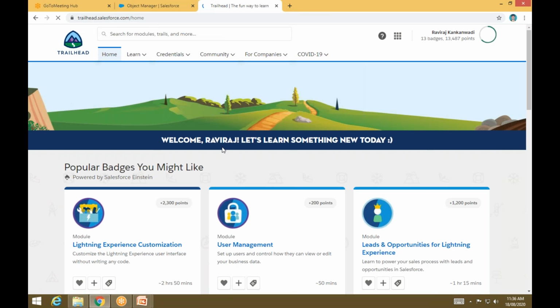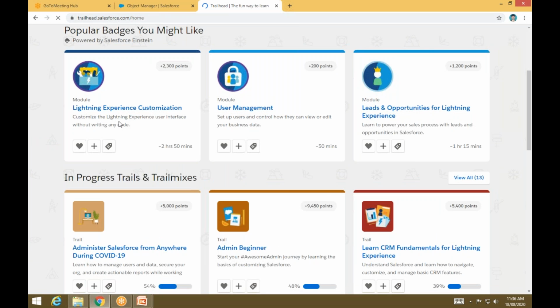Now this is the homepage for Trailhead. These are the badges you can go and earn, you can say these are the tasks you need to do.